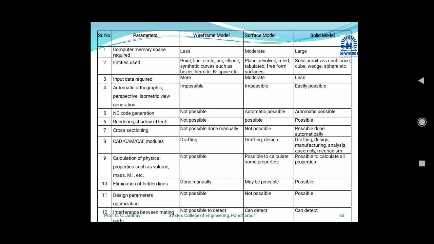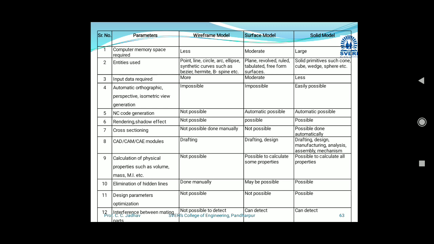Surface modeling also impossible, and in solid model easily possible. We can easily create the different views in solid modeling. Next parameter, that is NC code generation. By using the entity information in wireframe modeling, it is not possible. In surface modeling, automatic possible, and in solid model, automatic possible. We can generate the NC code from that model.